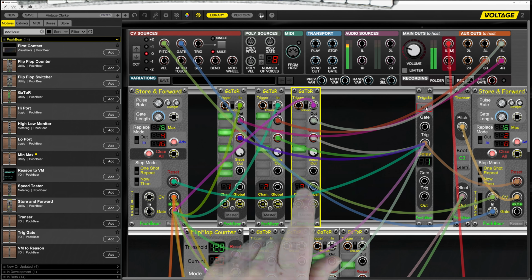So what I'm going to do now, as I said, is the opposite of what we were doing with this flip-flop counter, whereas the flip-flop counter at the moment was taking 2 in to a 1 out. I'm going to go for a 1 in to a 2 out. So let's grab myself another flip-flop counter. Let's put it over here, and I'm going to do something slightly different. I'm going to set this to a threshold of 8 because I'm going to trigger this